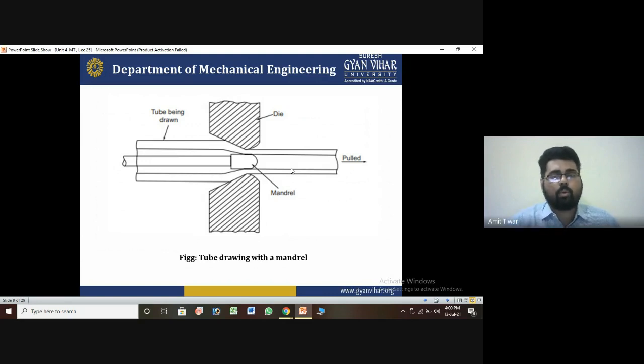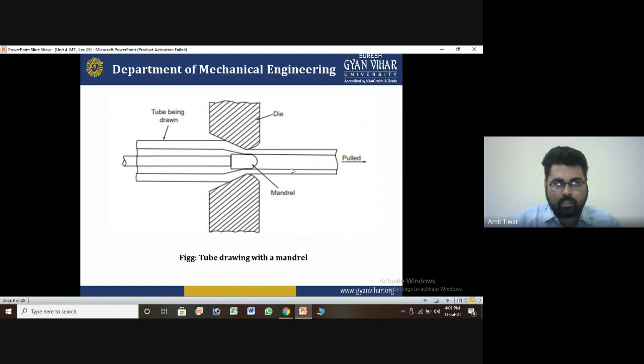So we can understand that the die and mandrel have diameters respective to the tool being drawn, and the mandrel is the part that gives the accurate dimensions of the particular section which we want to roll or pull in the drawn tube. The material needs to have the capacity to take the shape, and it will be reduced accordingly. That's why we are using it for this purpose.